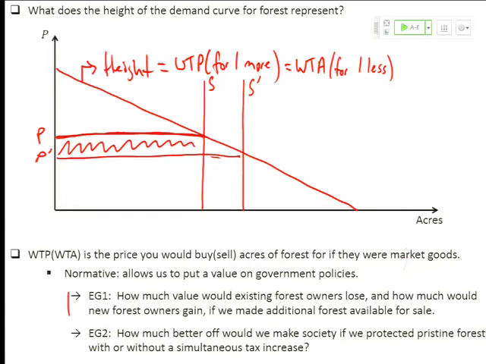More relevantly, we could ask how much, so these are the new units, these are new owners, and this piece here, as you know, would be the additional consumer surplus that they get as a result of having been able to purchase this newly available forest land. So this is all about placing a value, right? That would be the value of the impact of making this forest land available.